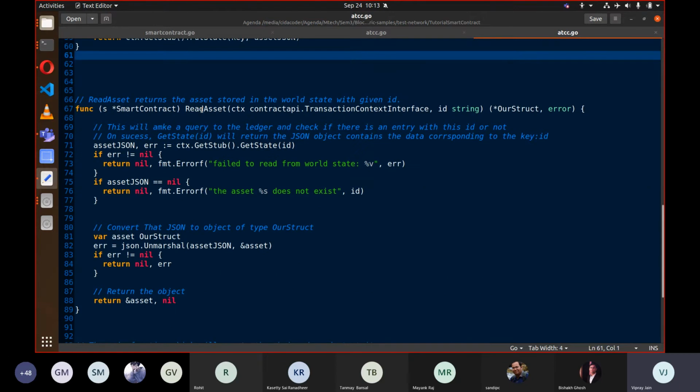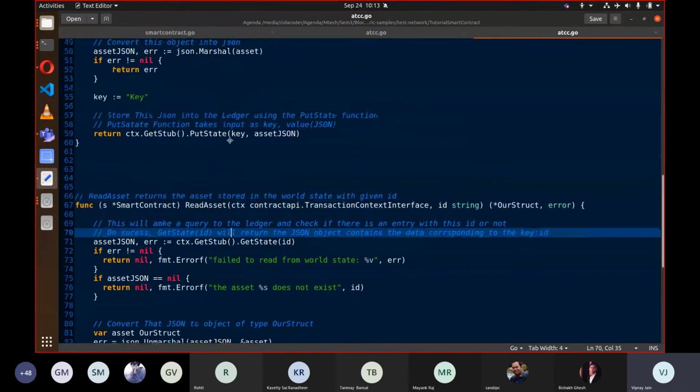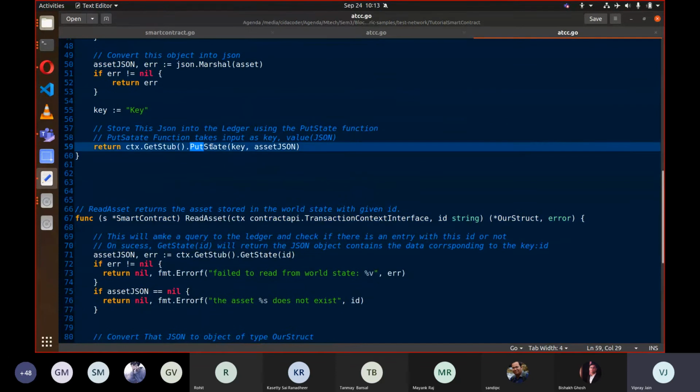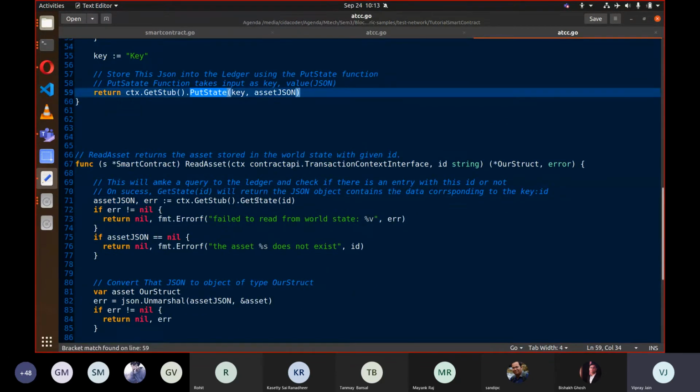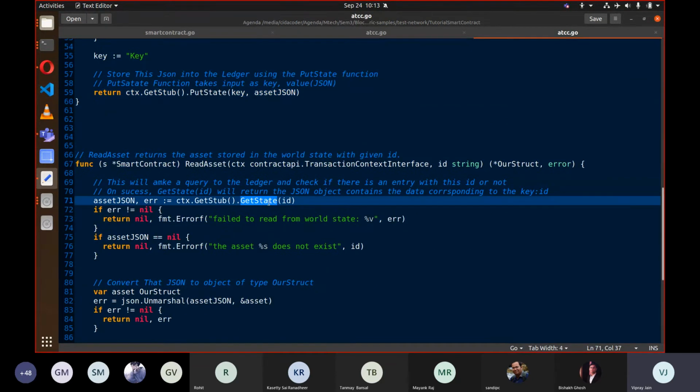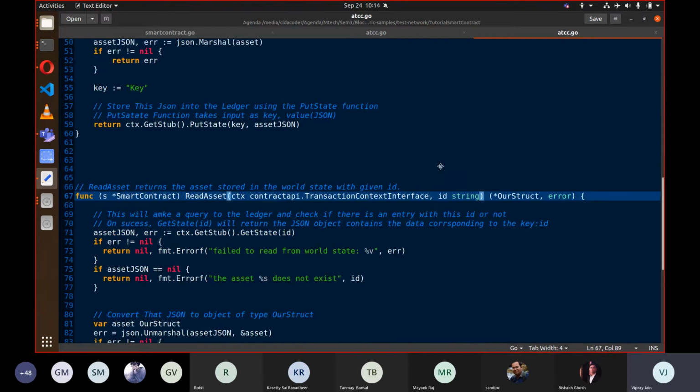Then there is a second function which will be used to read the data from the ledger. PutState is used to put the data into the ledger, and GetState is used to get the data from the ledger for a particular ID. So this function will take an argument, ID, which we will be passing from outside.